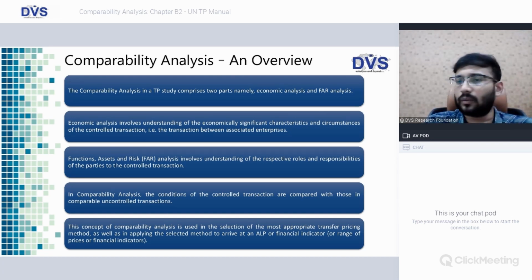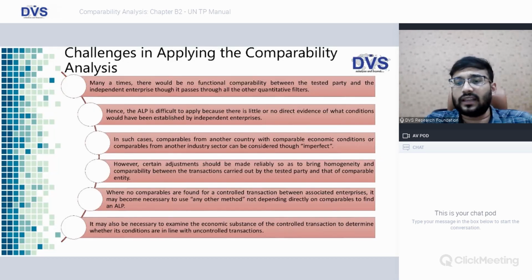Economic analysis is the actual justification of the transaction, why we are saying it is at arm's length. Both become paramount and are part of comparability analysis, because both comprise around 70 to 75% of your TP documentation, and are the core part in terms of importance. If you are through with these two, the entire TP report is done. So that's why comparability analysis in these two aspects becomes important.